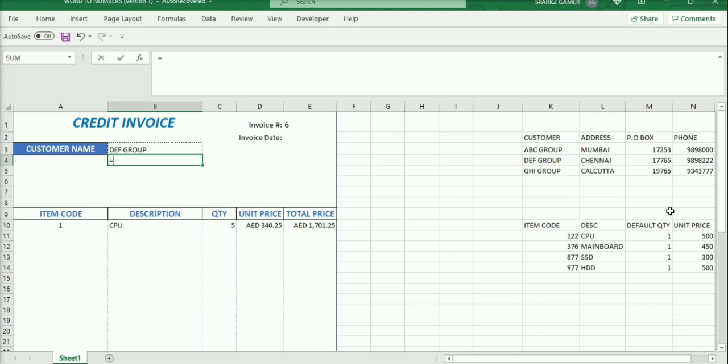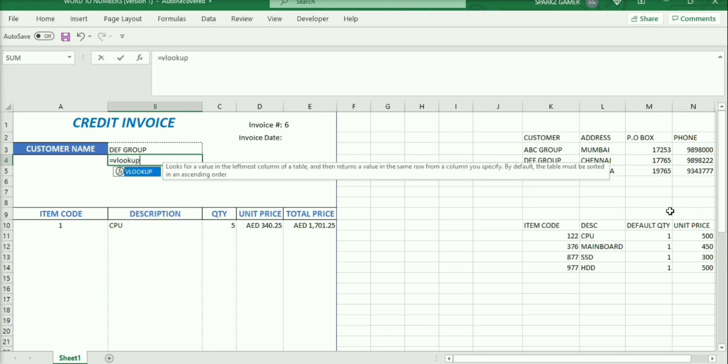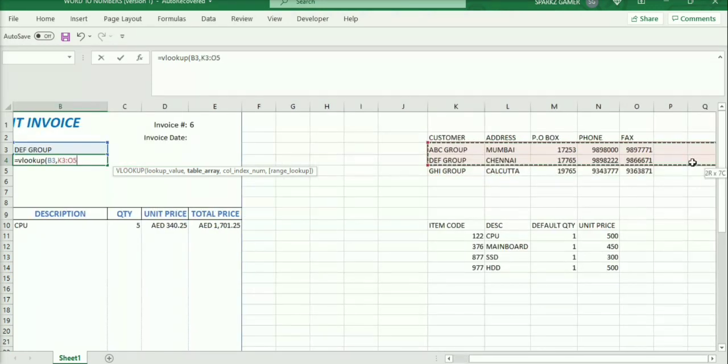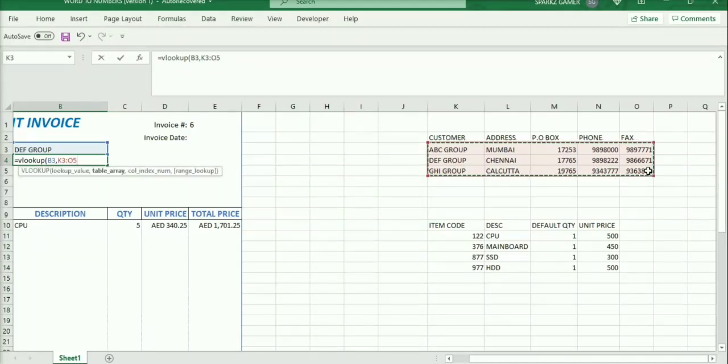So we can start with VLOOKUP, and our lookup value is this cell B3, and our lookup array is this. I'm just locking it here.